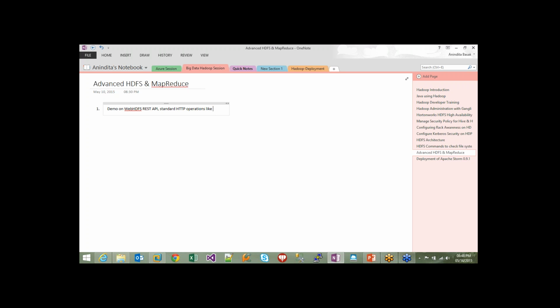like get, put, post, delete, and file-based operations on HDFS like open, get file status, list status